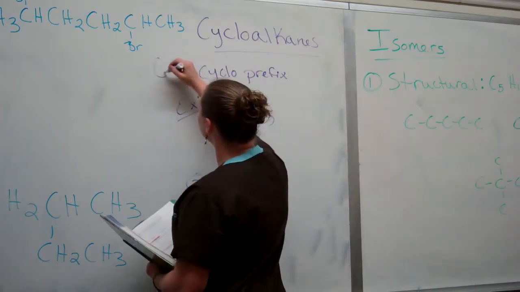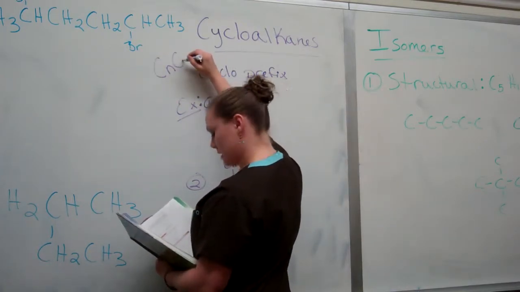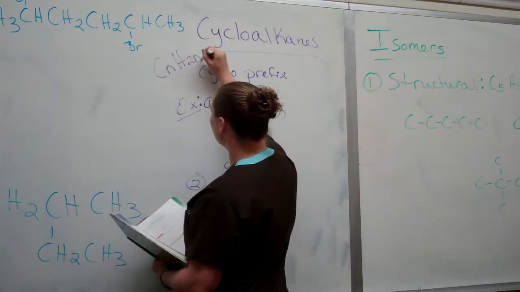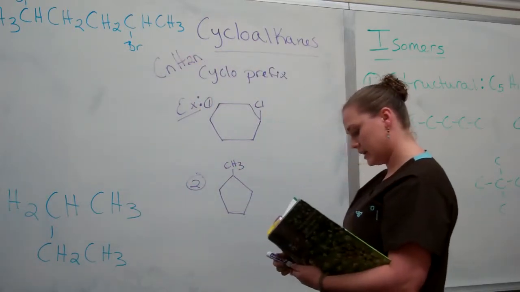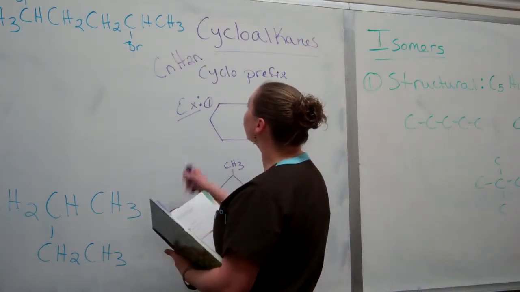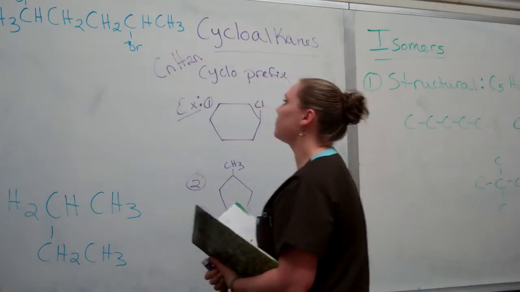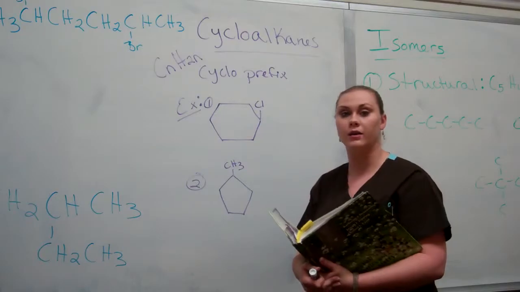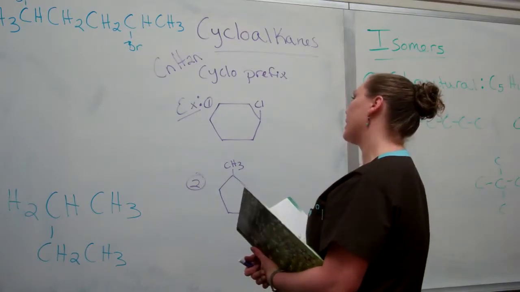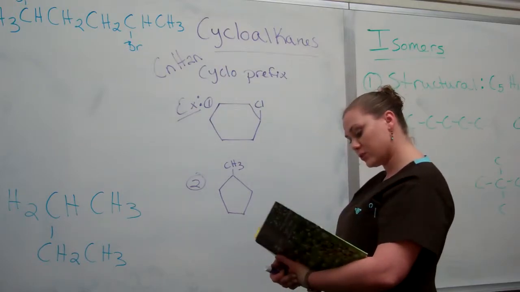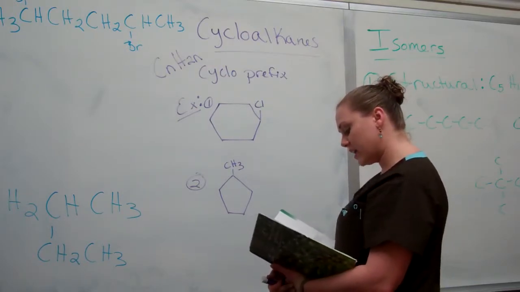So these will be CnH2n. That being said, whatever n is, you're going to times it by 2. So you're going to have twice the amount of hydrogens as you have carbons in the cycloalkanes. So for an example, if you look in your book on page 330, example 10.5, they give you two different